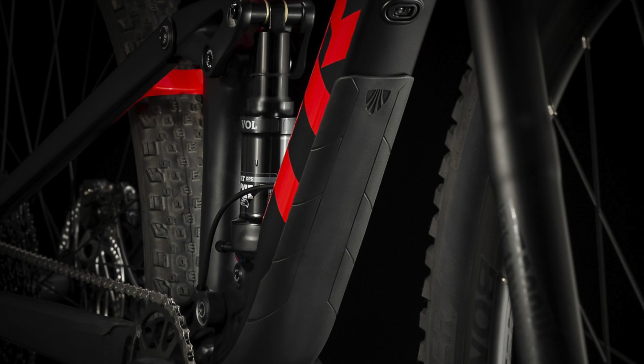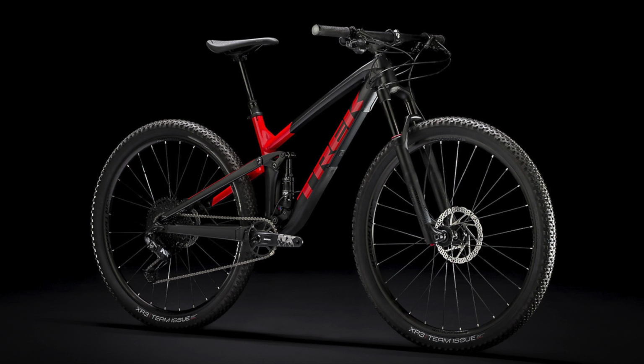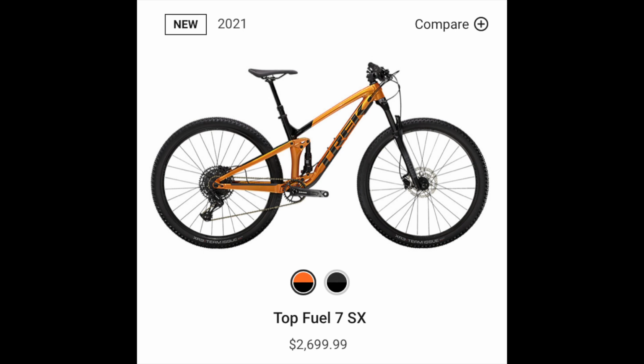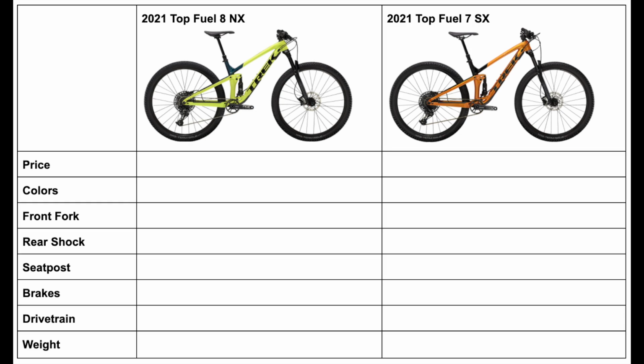However, since there are so many of them, I am going to split up the aluminum and carbon fiber bikes into separate videos, so this one will actually only be centered on the aluminum Top Fuel bikes. These include only the Top Fuel 7SX and the Top Fuel 8 models, which have not received any frame geometry changes since 2020. There actually was not a Top Fuel 7 in 2020 either, so instead I will just compare the 2021 Top Fuel 8 with both the 2020 Top Fuel 8 and the Top Fuel 7,